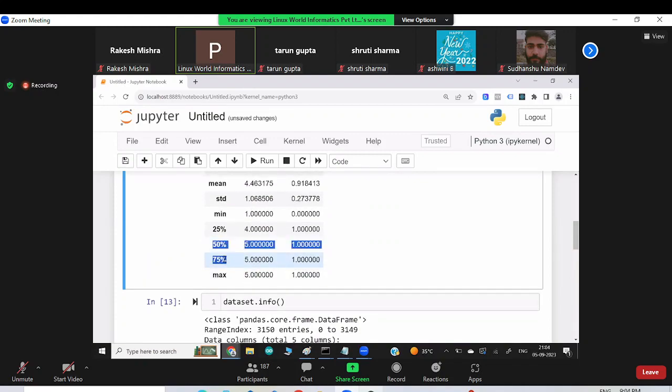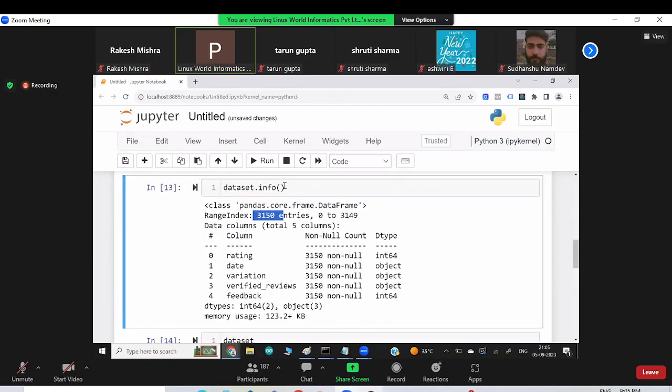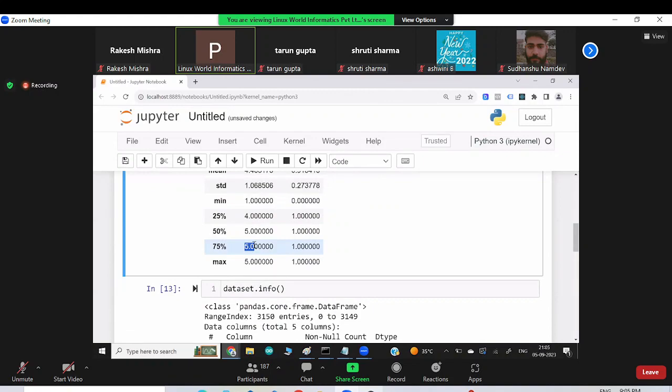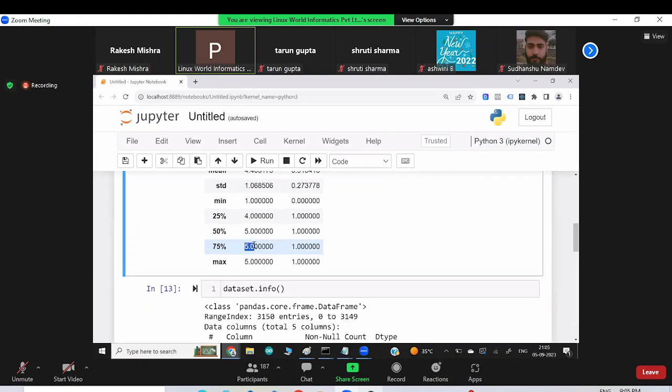This is a percentile. It means almost 75 percentile of my overall ratings have given me 5 as a rating. That means out of 100 customers, most of the customers have given me a 5 rating.